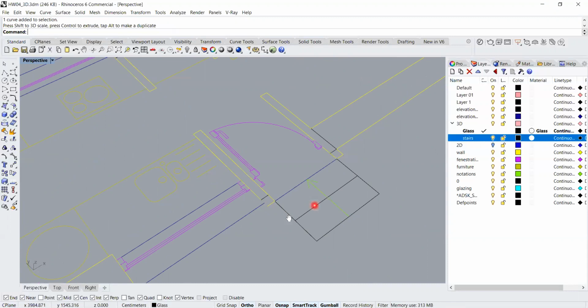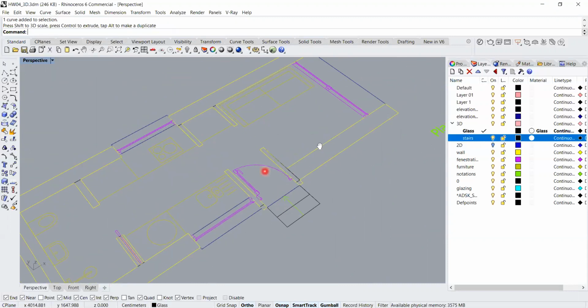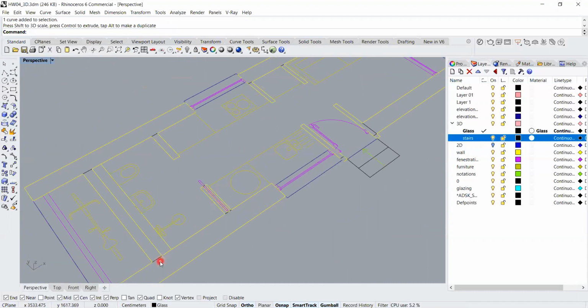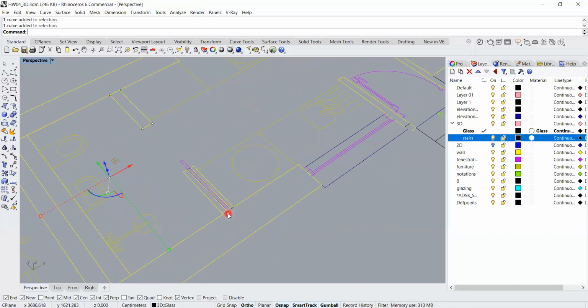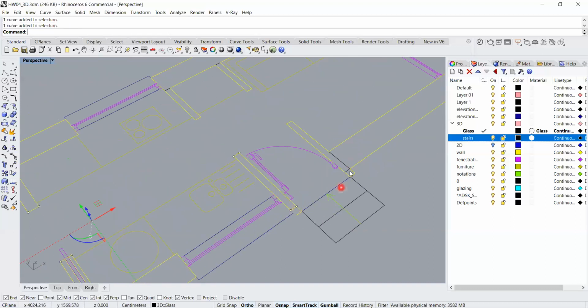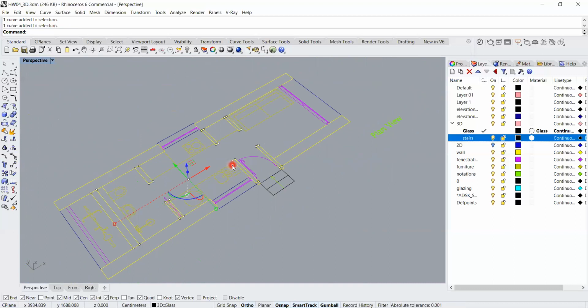Okay, doesn't matter. We have those parts here. So the only inside walls are the ones that I just drew. So I select these interior walls that I just made as closed curves, just rectangles. I select all of them, okay, and make them a group